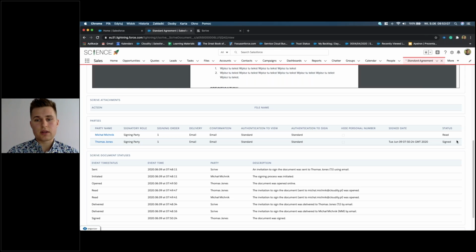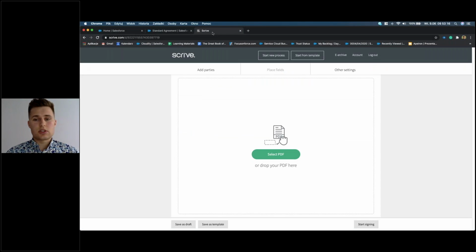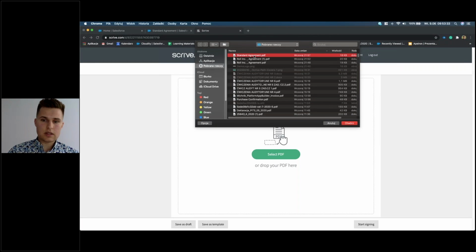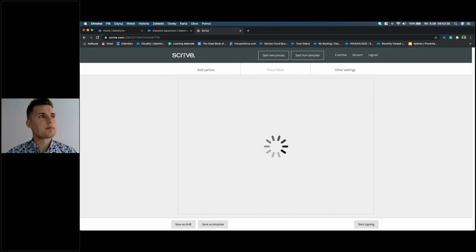Okay, I think we could now also go very quickly through creating Scrive templates, because it's very important if you want to have these dynamic fields. So let's go to the Scrive website, and it's just scrive.com. After logging into your account, you will see this page. Now, the first step to create your dynamic template is to select PDF. When we select PDF, in this case also the standard agreement,